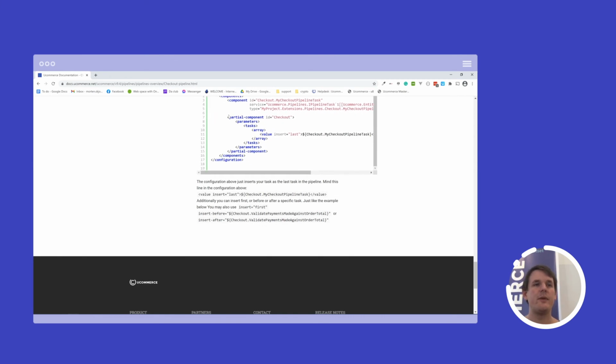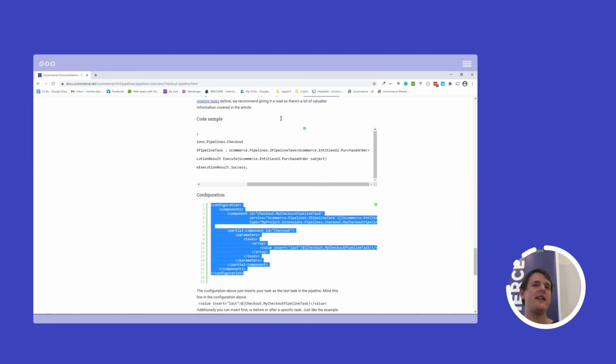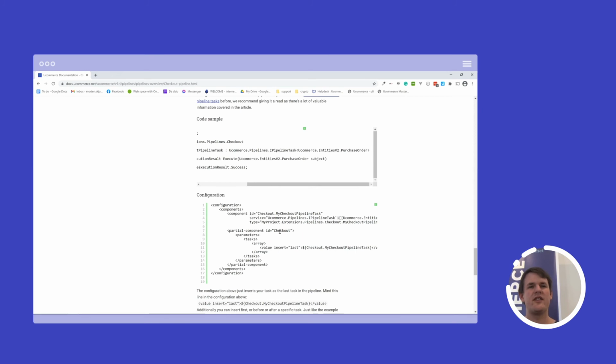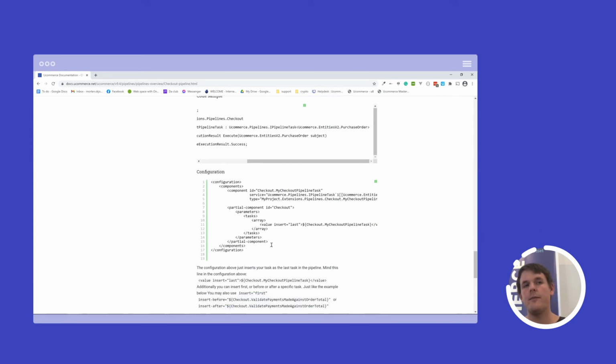What we do is we do this partial component here, and then we reference the ID that we want to change. So this is sort of a way to do transforms in XML. In this case, what it ends up doing is modifying the checkout pipeline and doing whatever we're doing in here. We must reference the same path as what we are modifying, just like XDT transformers, or similar.